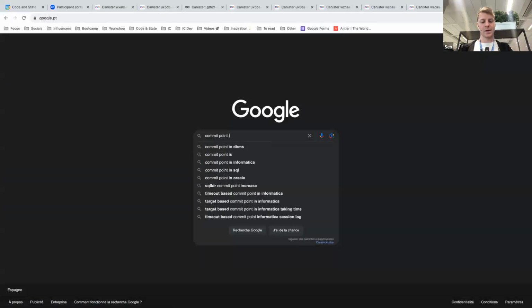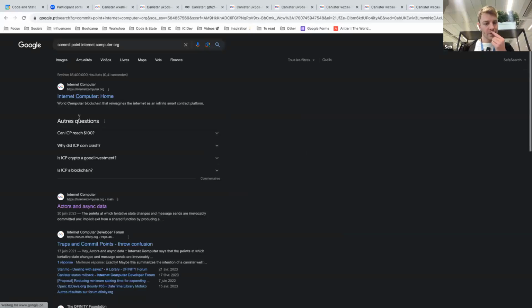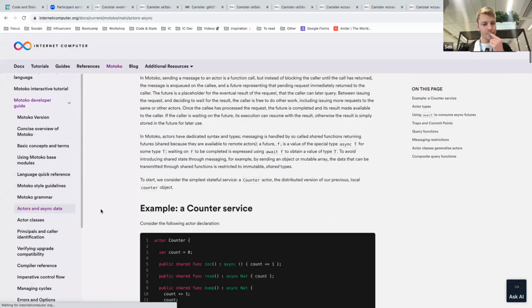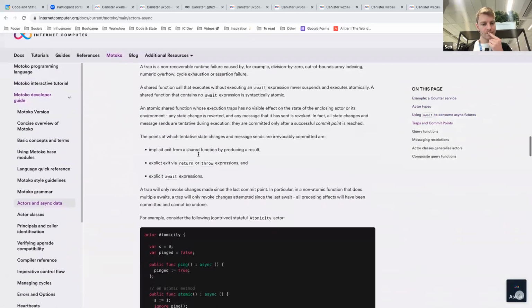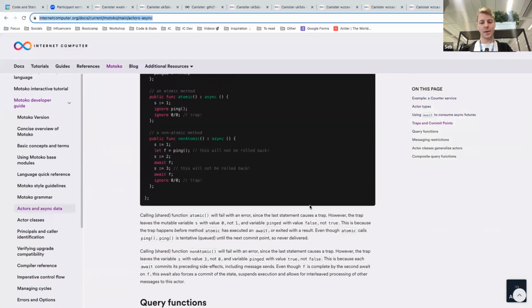Commit points. So ICP, internetcomputer.org is... yes, it's not super easy to read, but